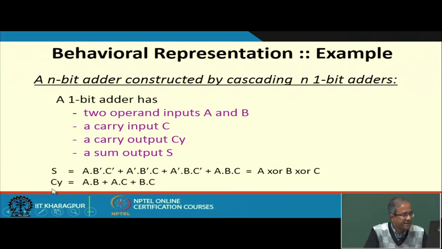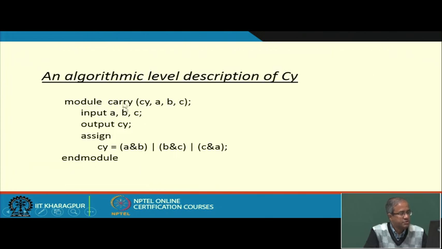So, as I said, the carry function is AB or AC or BC. You see how I have written a module for the carry. The syntax is very similar to C, like a function I define. I start with a keyword module, then the name of the module, then the parameters. The full adder will have two outputs, carry out. This is not a full adder, only the carry part. The output will be carry and the inputs will be A, B and C. So, I declare the input variables, I also declare the output variables. Then I assign, this is AND and this is OR, A and B or B and C or C and